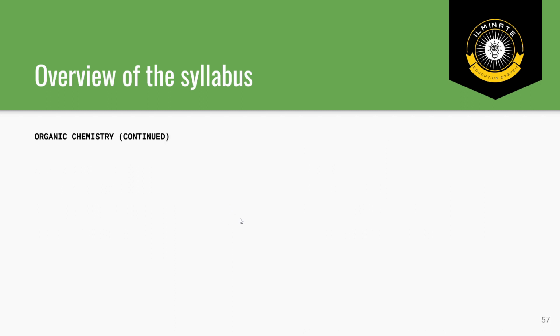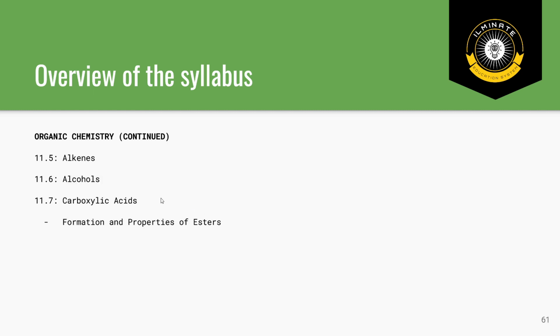Then we have alkenes, which are different functional groups, alcohols, carboxylic acids, and we'll also be learning briefly about the formation and properties of esters, although it's not mentioned in the syllabus properly, but we'll be looking at that. And we have polymers. For experimental chemistry, which is the part of the ATP exam, the alternative to practical, and also for P3, which is practical itself,